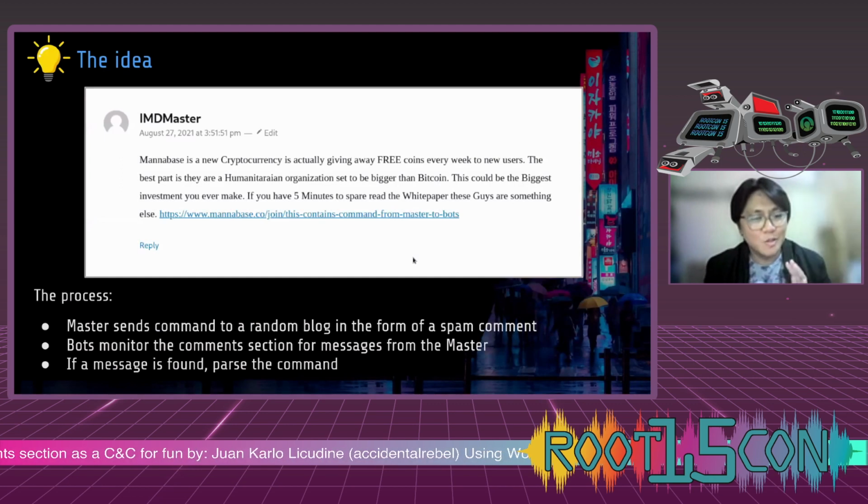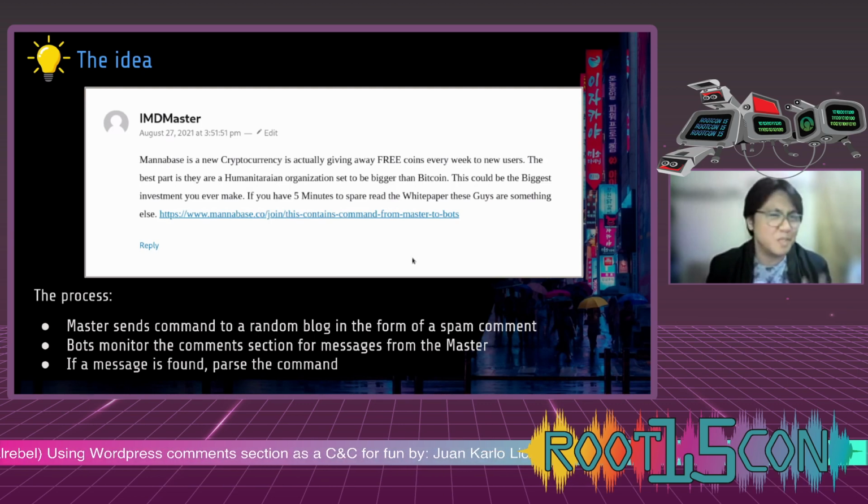Okay, so the idea goes like this. Imagine we have a target blog, and this blog is, let's say, a sports blog. The bot master would post a comment on that blog in the form of a spam comment. We want to hide it. We don't want to just post the command like info. We're just gonna hide it a bit, and we're gonna put on some random spam comment, and then at the